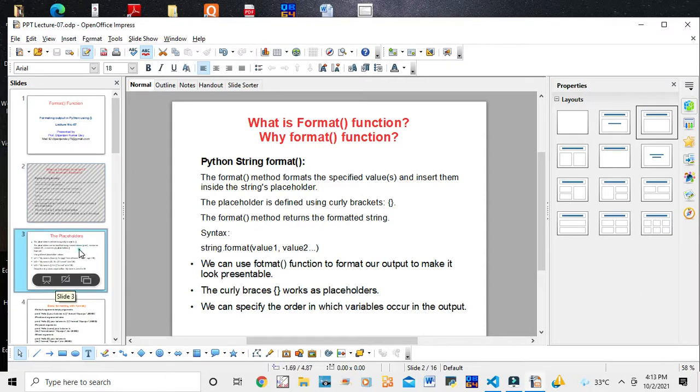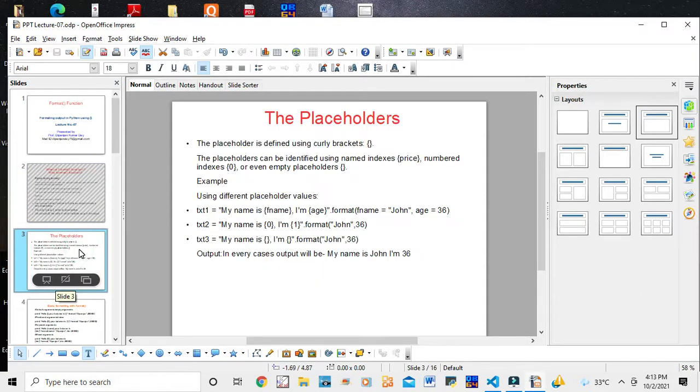Now in the next slide, what is actually a placeholder? The placeholder is defined using curly brackets, curly bracket open, curly bracket close. The placeholder can be identified using a name or index. Within the curly bracket, you can write any name, like price, your name, age, or salary.